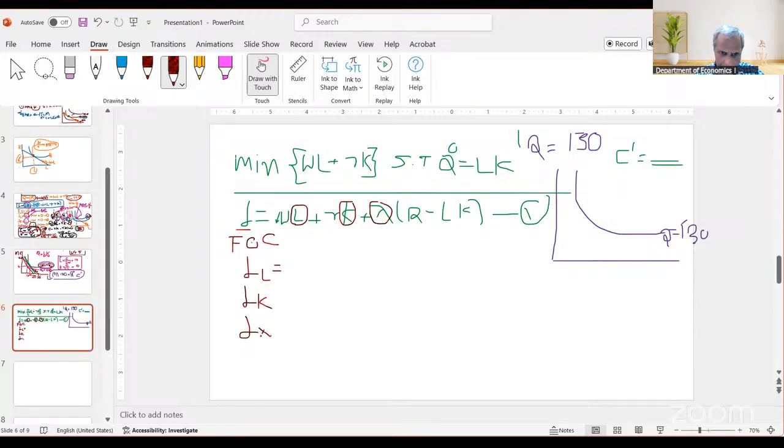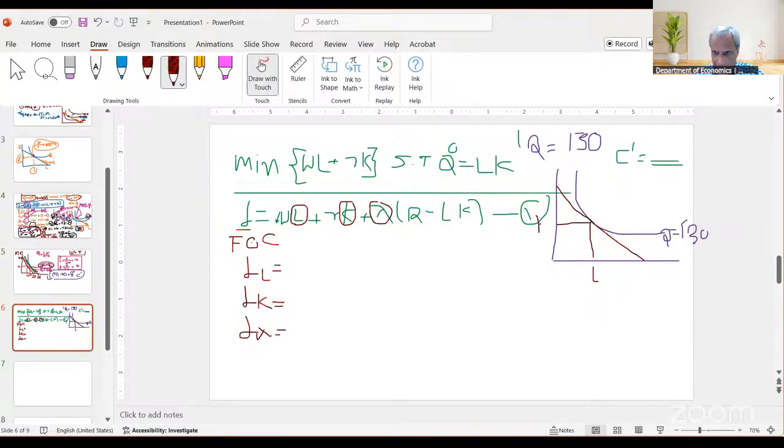Here the lambda means the shadow budget. Now we try to get the point here, L